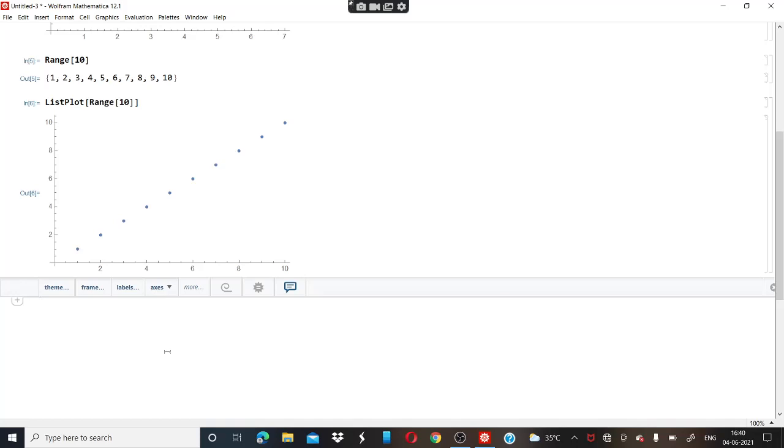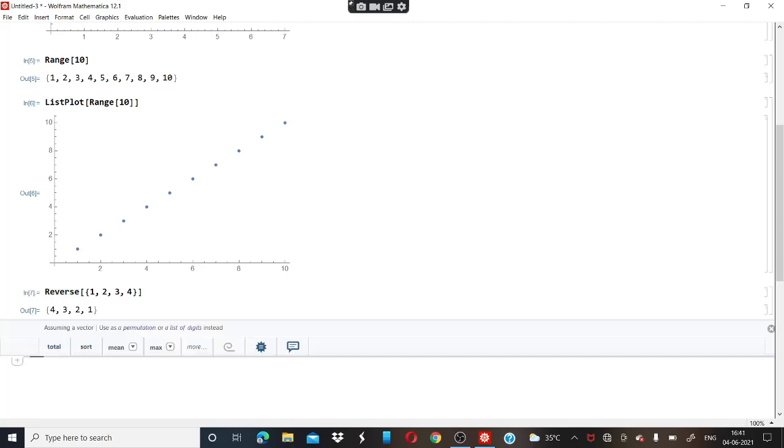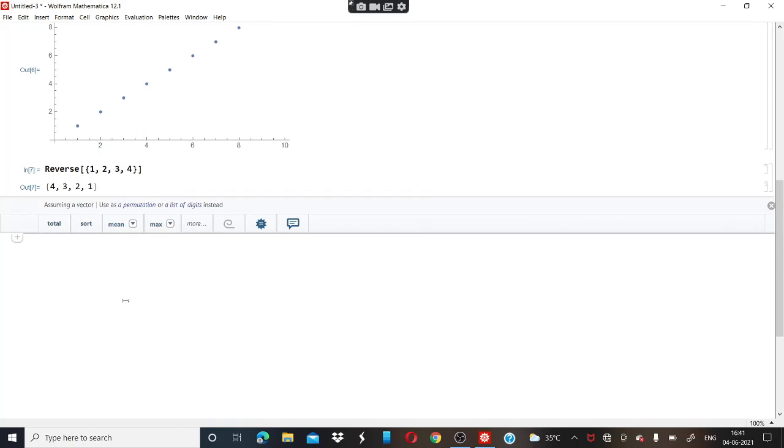For reverse order, you are going to choose a function called Reverse. Then you will choose a bracket, then write 1, comma, 2, comma, 3, comma, 4, the middle bracket, and this closing bracket, and Shift and Enter, and you are getting the numbers 1 to 4 in reverse order.